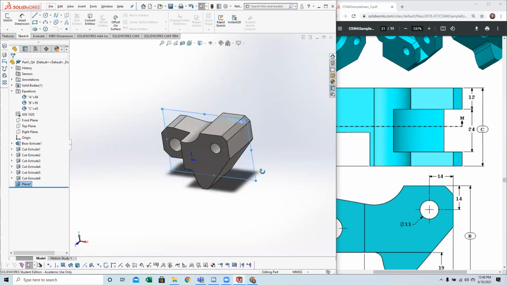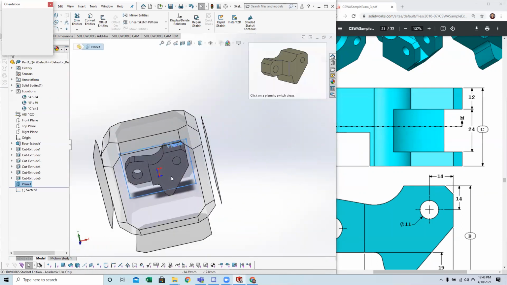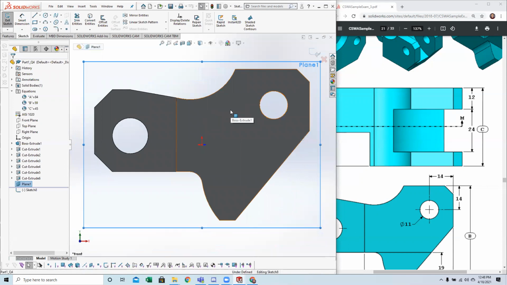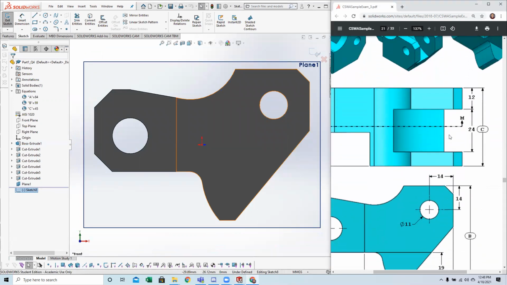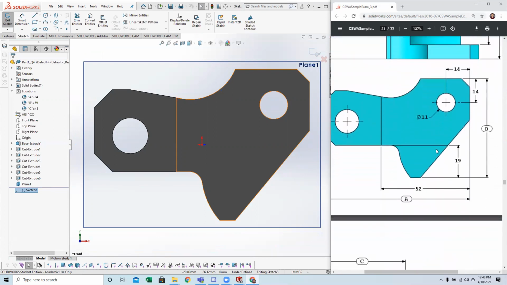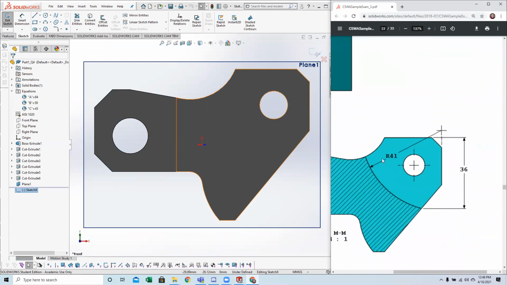So now that I've created that reference plane, I can begin sketching on it. I'm going to click on that plane, click Sketch, and go normal to my view. It does look like we're sketching on this outer face, but it is going to be sketching inside this plane, which I'll show you. One view that would probably be helpful for us is this section view that they gave us, because we can clearly see what's going on inside here. It looks like our arc is collinear with this line, or at least the center point of that arc. So I'm going to try to create